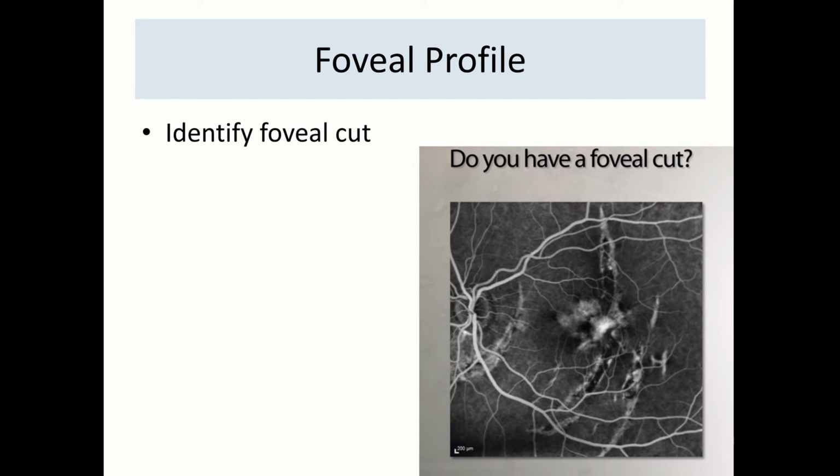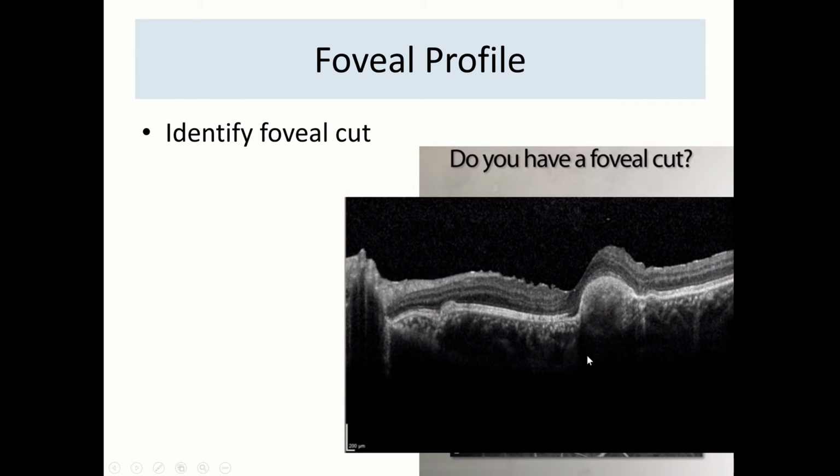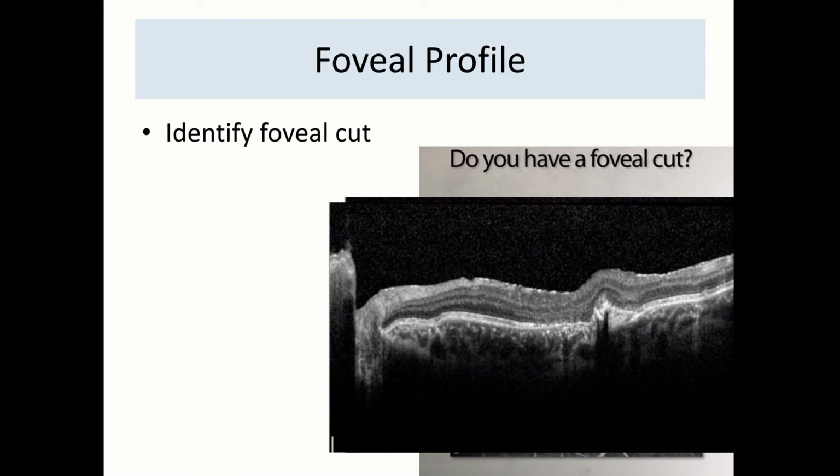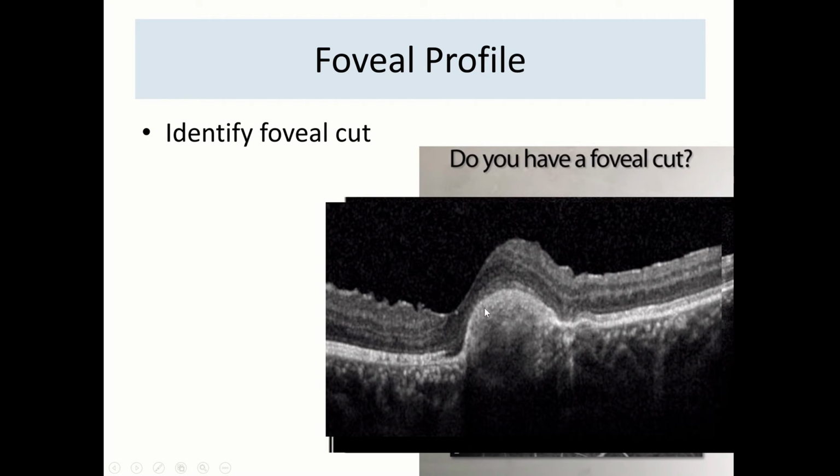So this is a patient with angioid streaks, which you see on fluorescein angiography over here, and you see that in this slice you've got a foveal cut, but there is elevation of the retinal pigment epithelium in the form of pigment epithelial detachment, causing elevation of the foveal contour on the temporal side. And this is another slice, but you do not have a foveal cut over here. So you do not see a fovea over here, but similar structures. Here you again see the fovea is present over here. So you need to identify that,